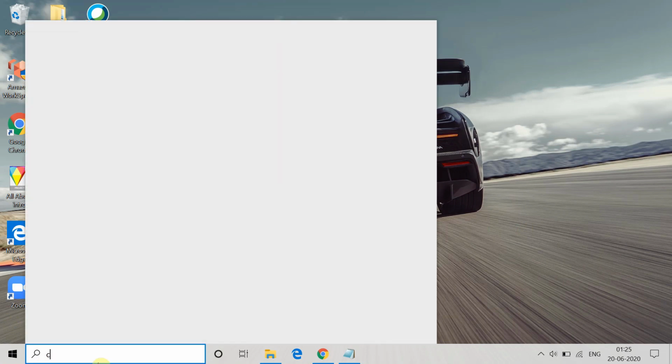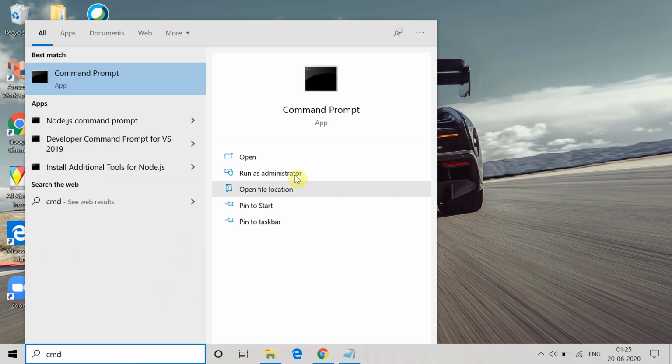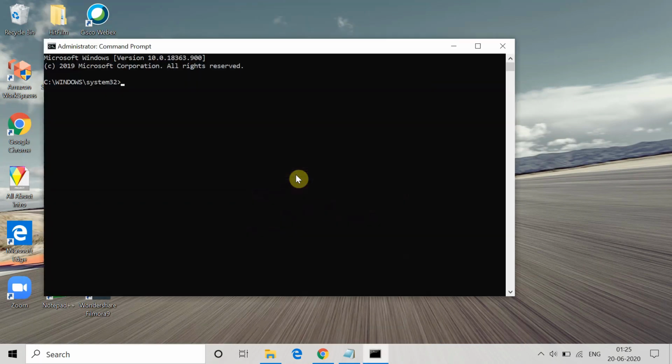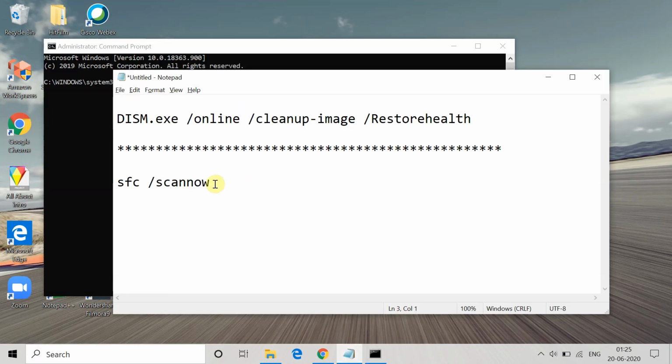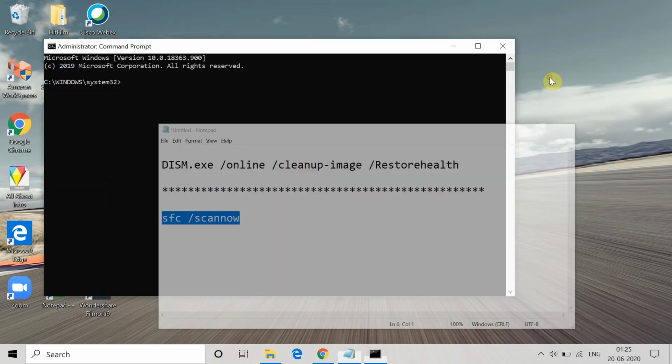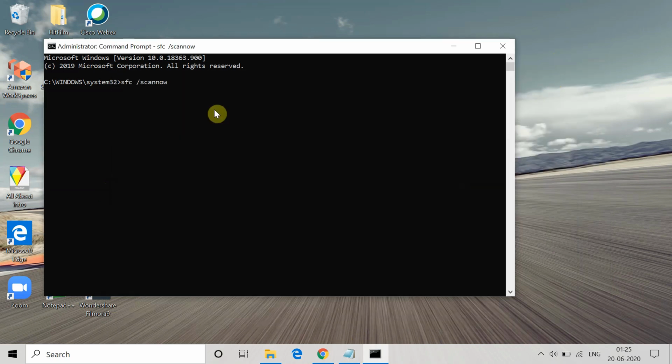So if you are still getting the error, then use the Command Prompt for the system scan. For that, open the Command Prompt and run it as administrator and then type this command: sfc /scannow. Just type this command and execute it. This will take some time and the system scan will start like this. You will get messages like verification 1%, 2%.